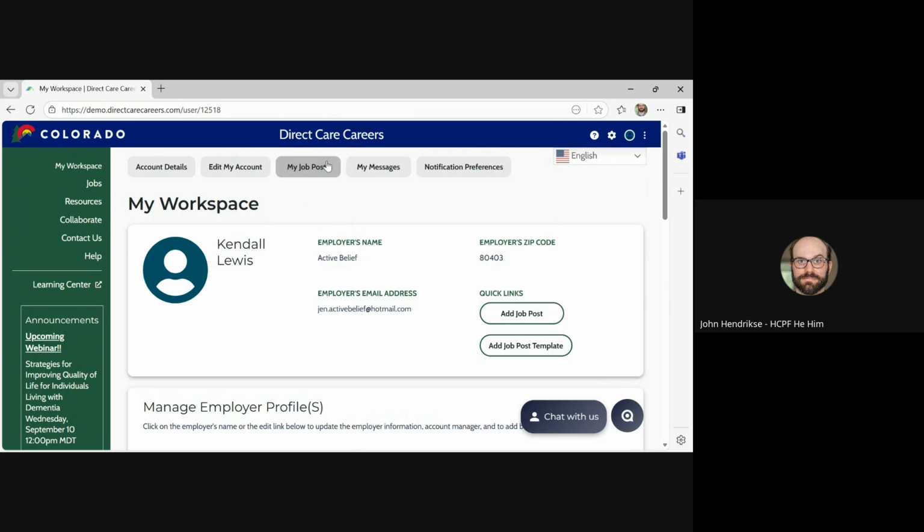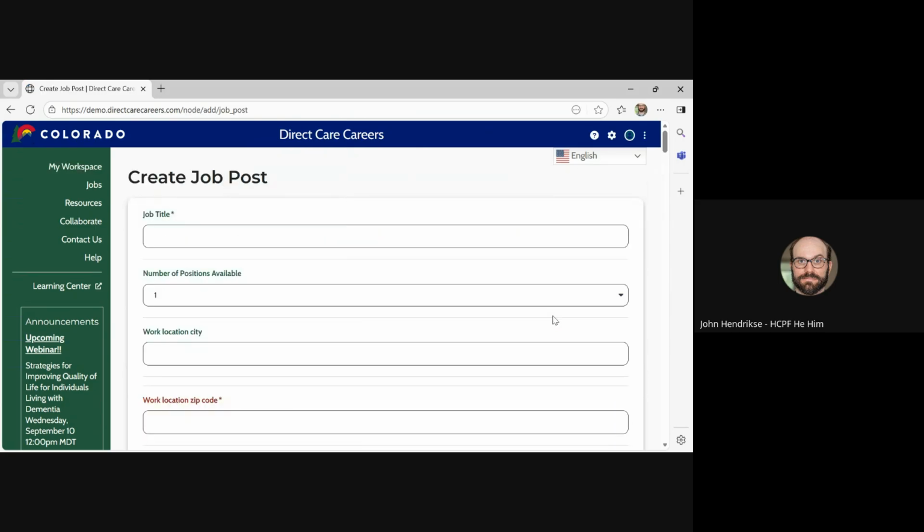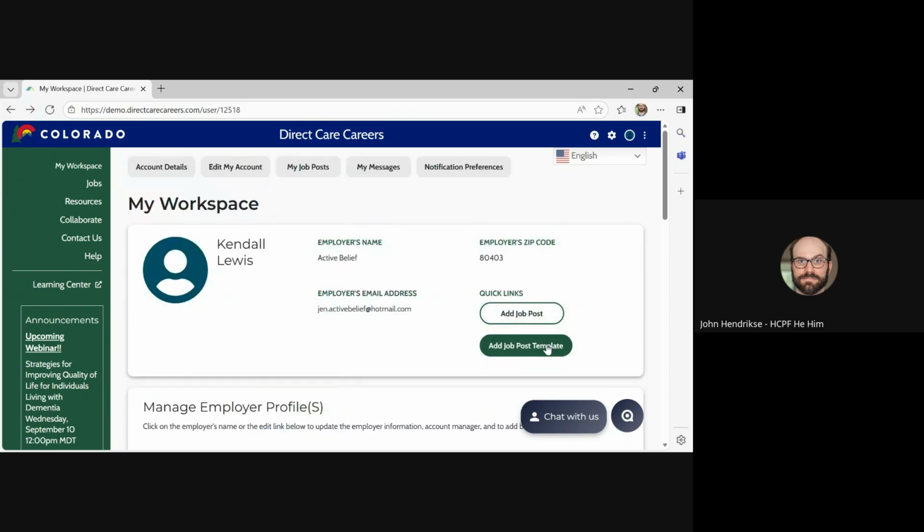So before we get to those, we want to go to add a job post. What this will do is take you to how to create a job post. I got a little bit ahead of myself. You'll notice that there are two options under the quick links. You can add a job post or add a job post template. So if you're an employer who has or thinks they're going to have to post for a direct care worker position